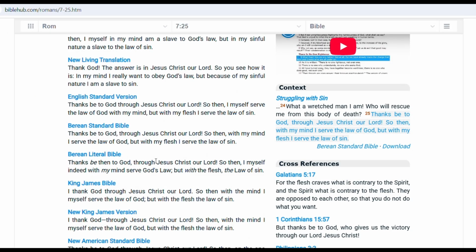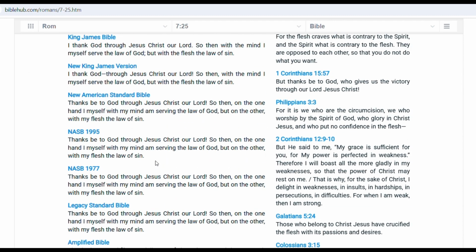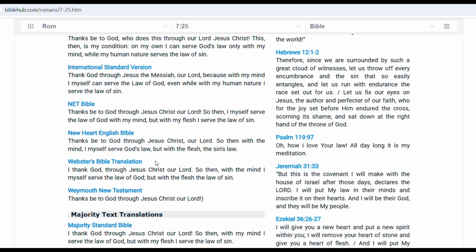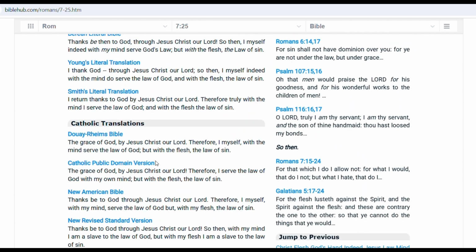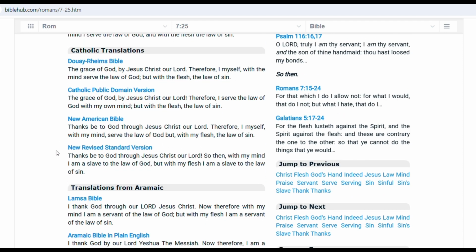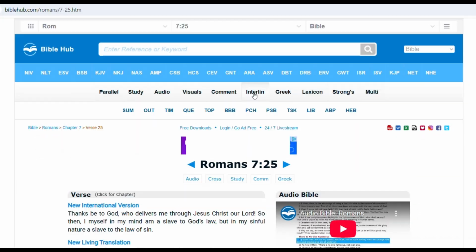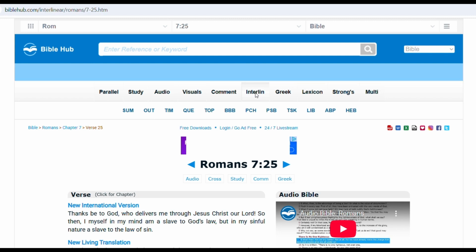This is not the only translation. There are many others, and from the studies that I have carried out, I have noted that the New Revised Standard Version is a very good translation of the Bible. But let us now see the original text. In this case, we are in the New Testament, so the original text of this biblical verse will be in Greek. We need to click